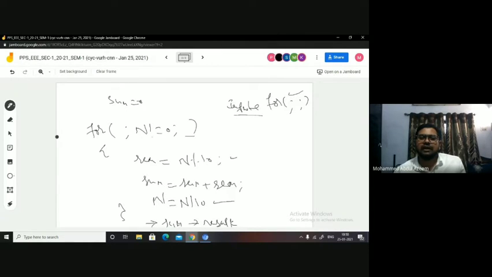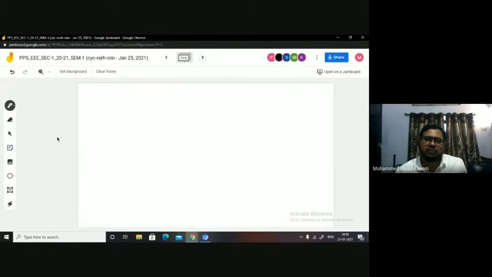Got it? And another thing is sum equal to 0 to initialize before for has to be done only once, right? So initialization part also will be done only once. So instead of writing it before, I can write it here, yes or no. So I can further modify this for loop like this also. For sum equal to 0, which has to be done only once.